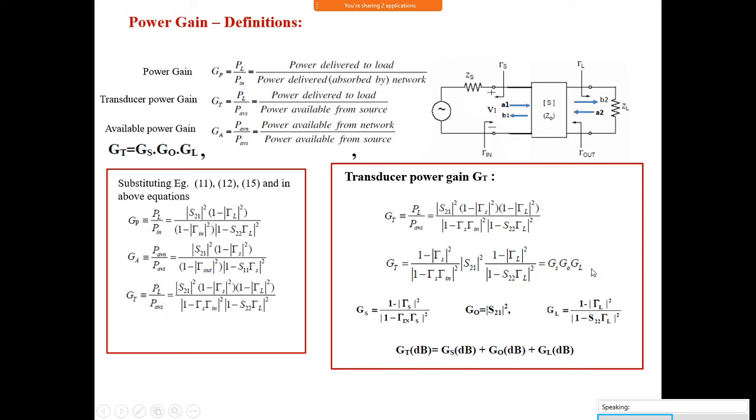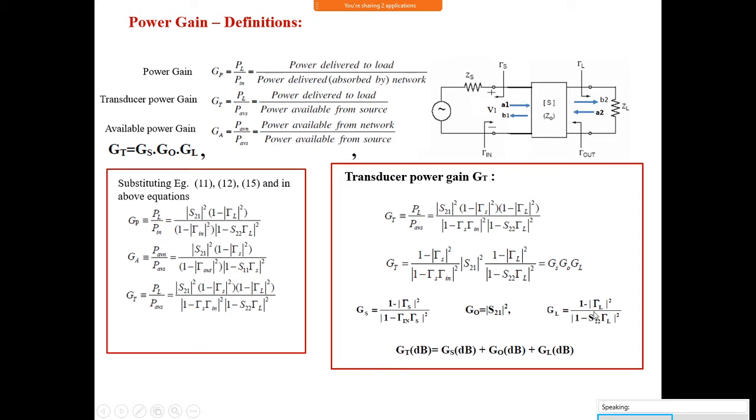Similarly, the load gain GL. GL is related to the impedance looking towards the load here. It is a ZL here, but we can change that ZL value based on your requirement by using a matching device. You can connect some matching device like this here. Looking towards the load, the value will change. We can change the value of that ZL by using a matching network to get the required value of GL.